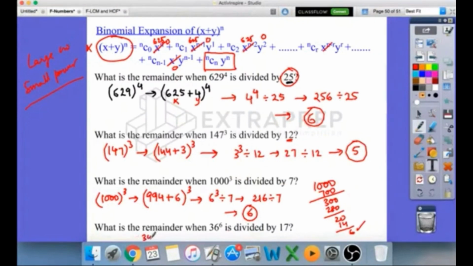Now the last problem, solve it here. It's easy, no? (34 plus 2) whole power 6. And you will have to check for 2 power 6. And 2 power 6 is equal to, sorry, 64. 64 divided by 17 is what we'll have to do. Now 17 goes 3 times, 51. 17 fours is 68, it's crossing it. So 51 gone. How much is left? 13 is left. That's the answer.